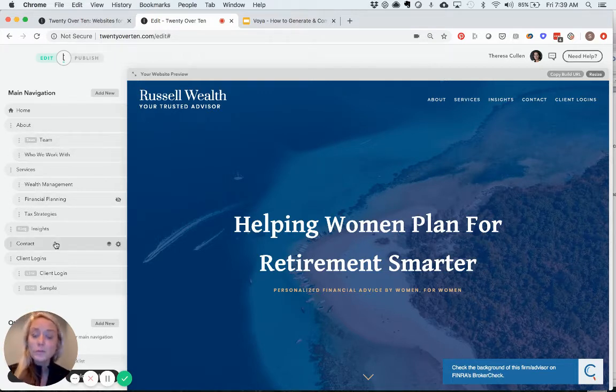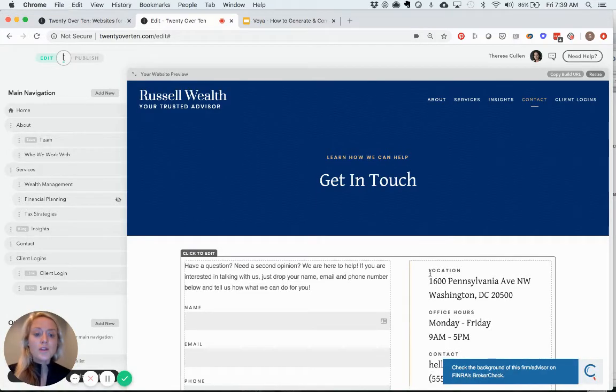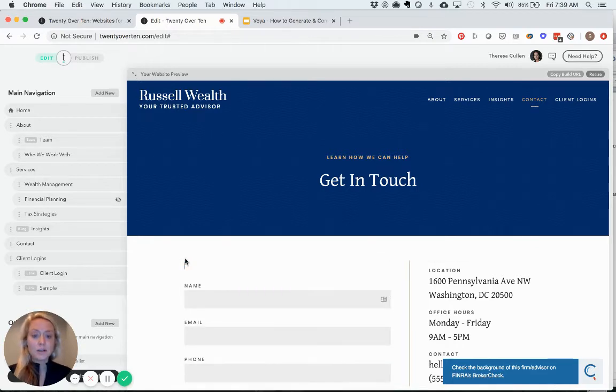The first place I'm going to recommend that you make sure that you update and keep up to date is your contact page. All you need to do in our platform here is click the button where it says contact and it's going to open up. The first thing for many of you is you're just going to want to put a reassuring message letting people know that you're here for them and how they can contact you. So what I would suggest doing is making that loud and clear. Maybe something like,